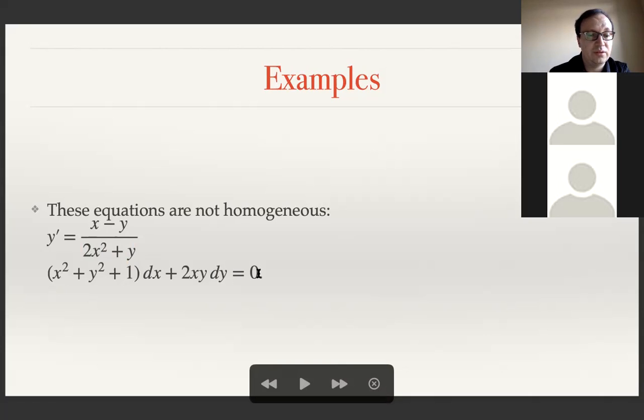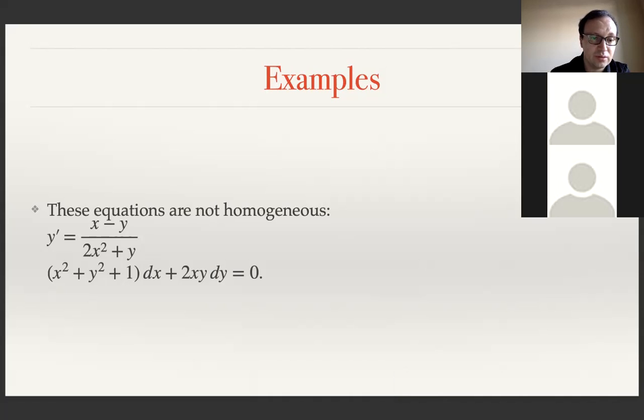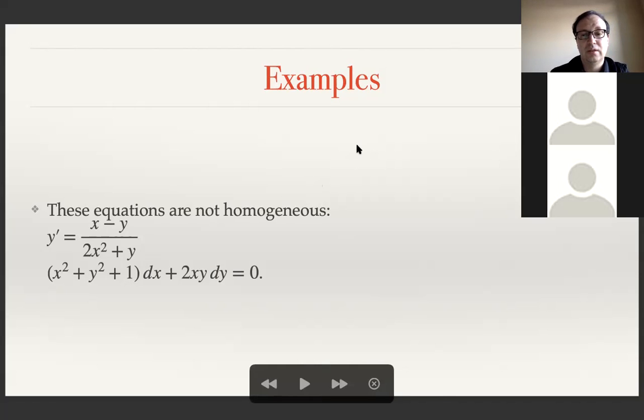What about this equation written in differential form? (x squared plus y squared plus 1) dx plus 2xy dy. Here, again, the coefficient of dy is 2xy, which is a homogeneous function of degree 2. In fact, it's a polynomial. In fact, it's a monomial. And x squared plus y squared plus 1 is not a homogeneous function at all, because two of the terms have degree 2 and 1 has degree 0. Okay, I guess it would make it easier if I pointed at the board, whatever the slides, but now let's move on to the next